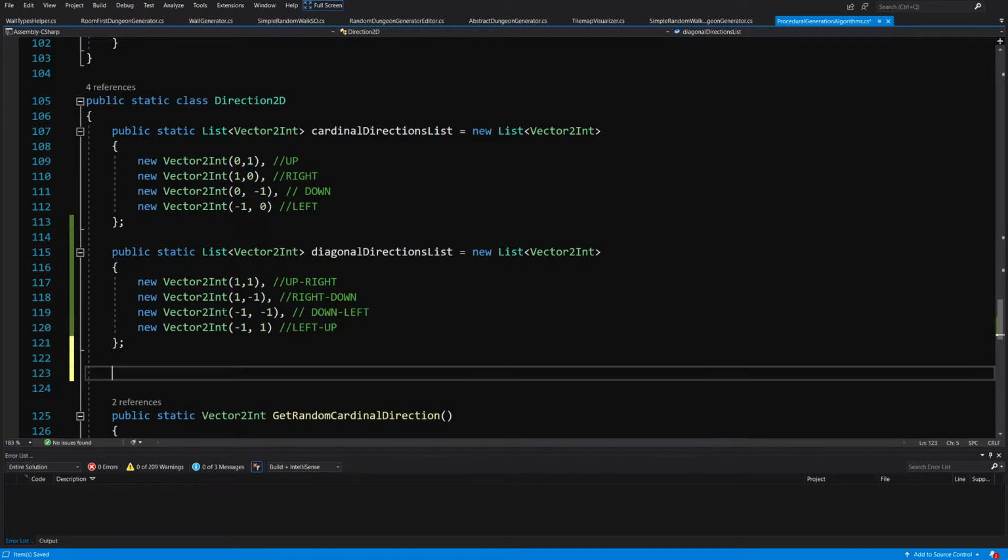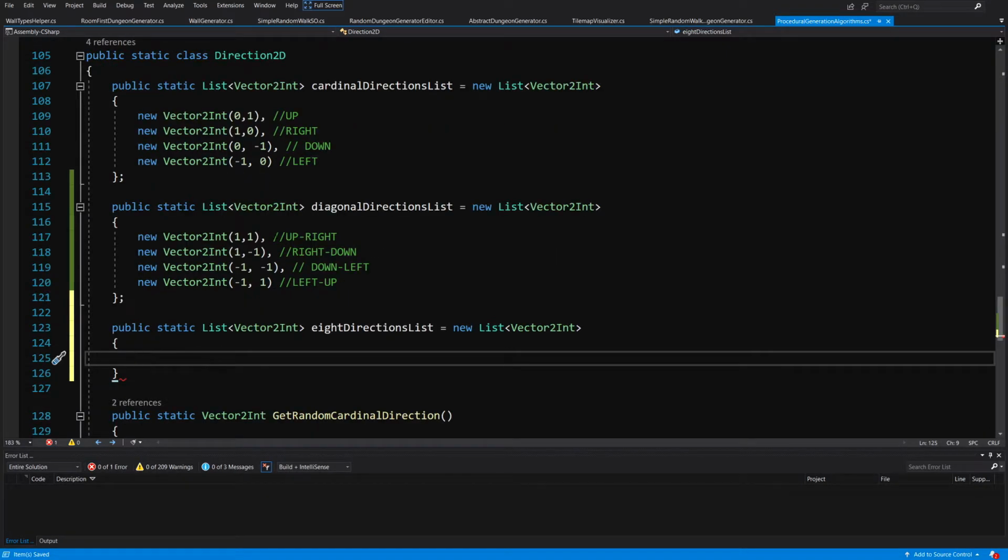And at the end, we will create a list of both of those so that we can find the neighbors in 8 directions to find out which exact type of wall tile should be placed. So we are going to create public static list of Vector2Int, and we are going to call it eightDirectionsList equals new list of Vector2Int, and we are going to open the parentheses, and